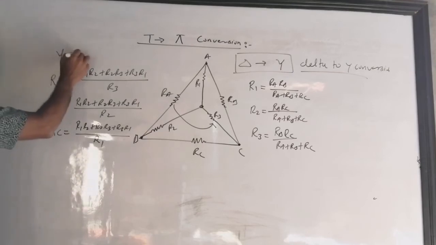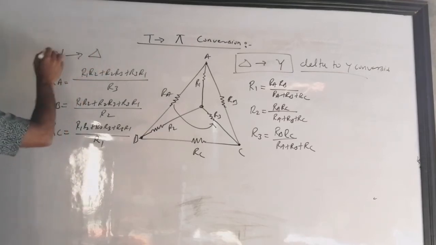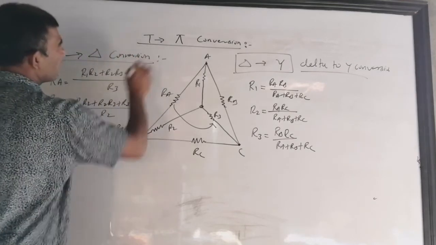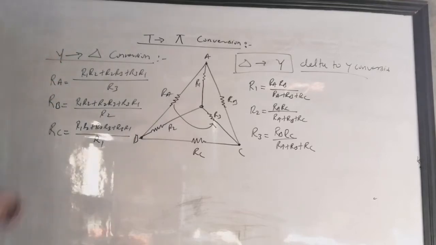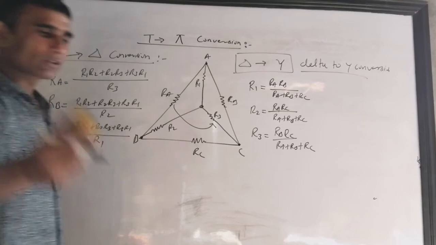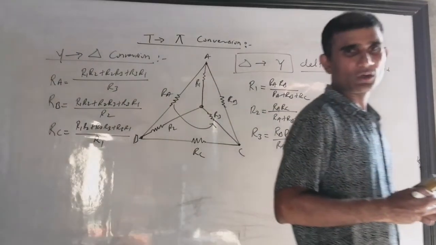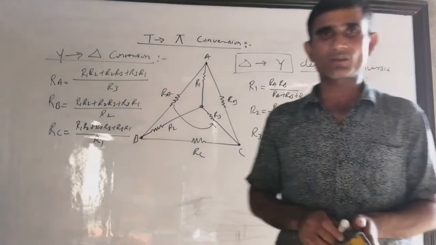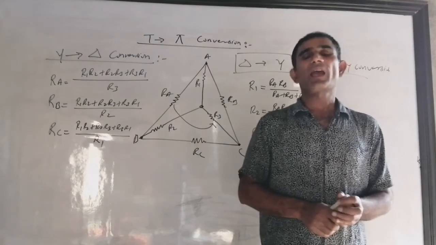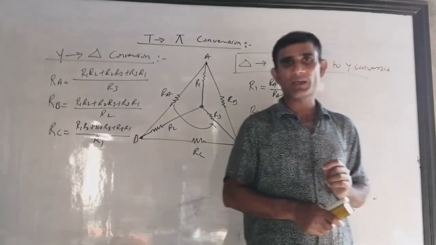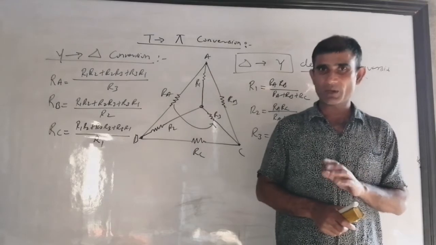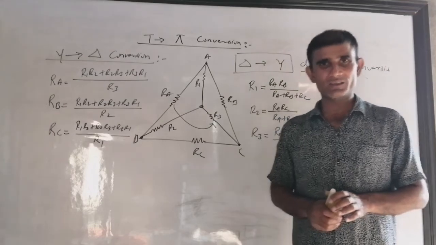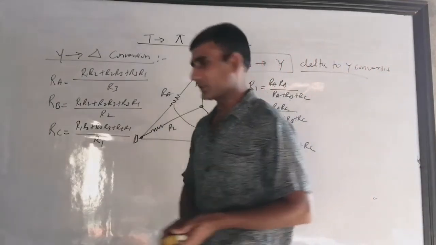This time you are getting Y from the delta conversion, so you have to keep this trick in mind. Don't think you will learn it later, because you can't do this so easily. And after knowing this, you can solve one question that nobody at your level can solve. Do you believe it? Yes, of course I am telling you, at your level none of the students except you can solve that question which I had given in the first part of the equivalent resistance video. Do you remember that problem? Not seen? No problem, I am going to write it again.